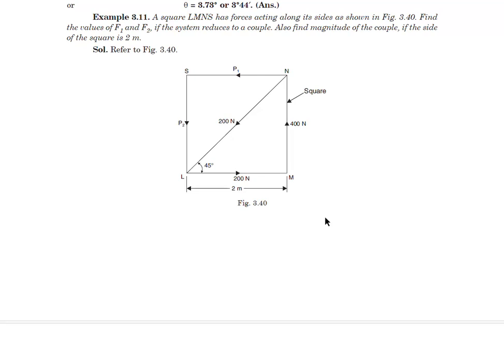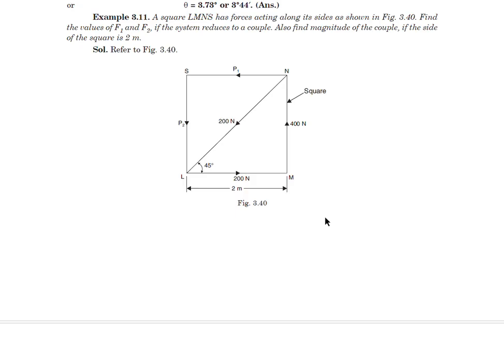So let us continue with our topic of moments by discussing a few more problems. In this example 3.11, a square LMNS has forces acting along its sides as shown in the figure 3.40. Find the values of F1 and F2. You can see these forces F1 and F2 in the figure. If the system reduces to a couple, also find the magnitude of the couple if the side of the square is